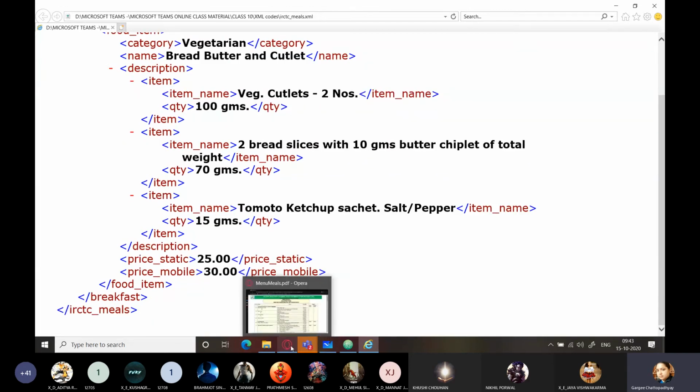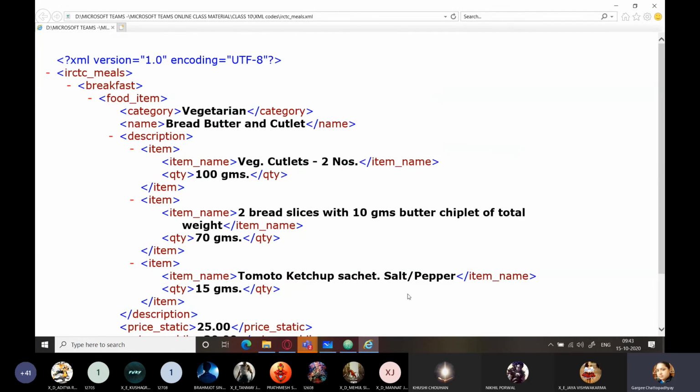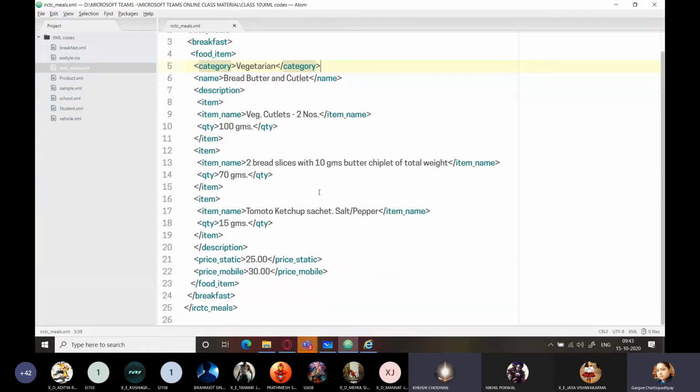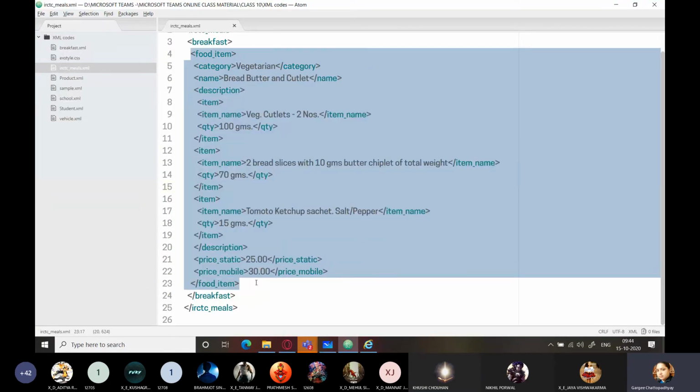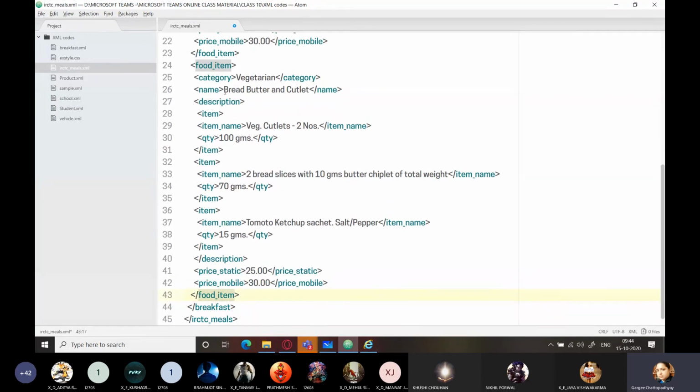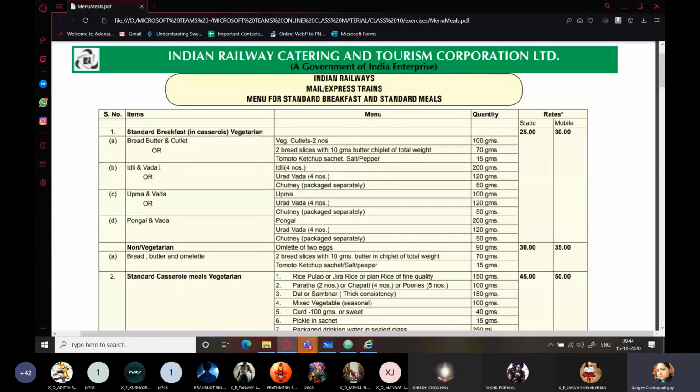And let us now think about, can you add another item to it? Where will you add the second food item? After which tag? After the food item, I'm going to add the second item. So what I can do is, I can just copy this entire thing, that is food item, right? After the closing tag of food item, I can paste this, and here I can make the changes. So what changes will I make? I will simply take the second one,